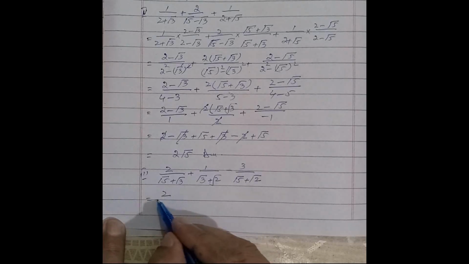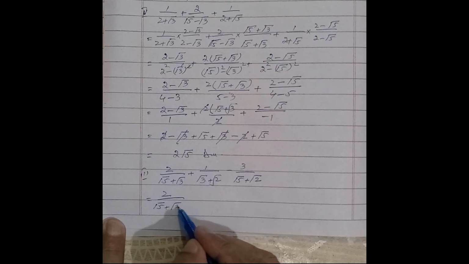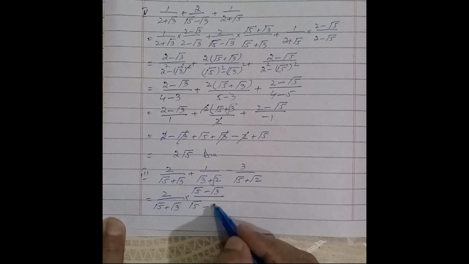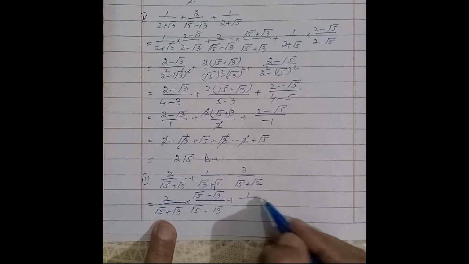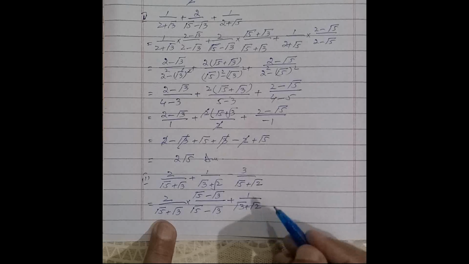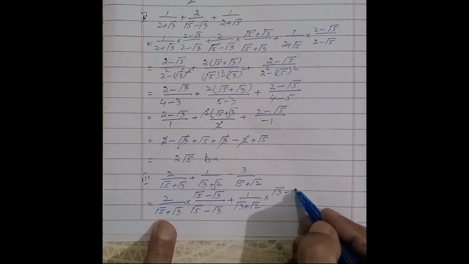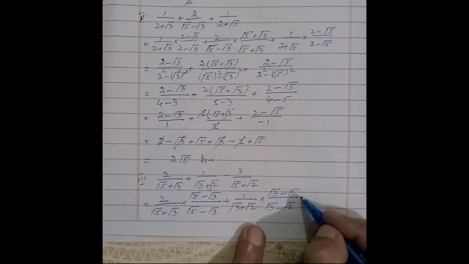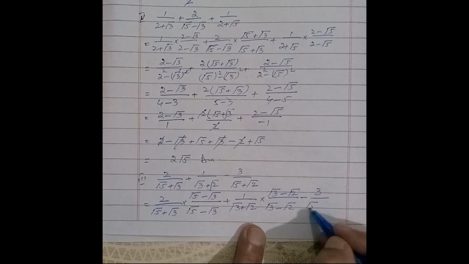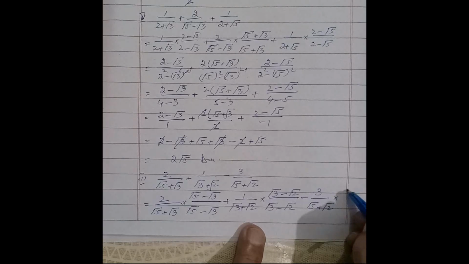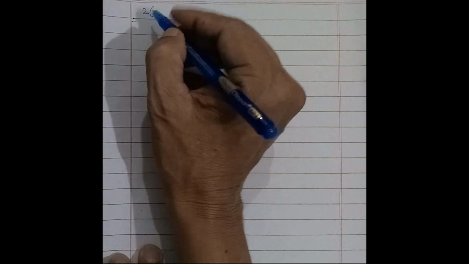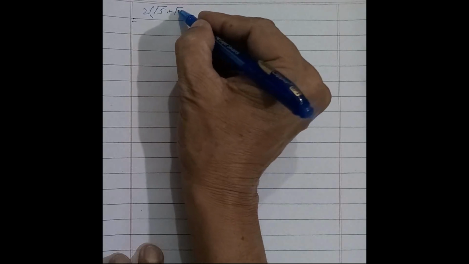which is 2 over square root 5 plus square root 3 multiplied by square root 5 minus square root 3 over square root 5 minus square root 3, plus 1 over square root 3 plus square root 2 multiplied by square root 3 minus square root 2 over square root 3 minus square root 2, and the next value is minus 3 over square root 5 plus square root 2, and it is multiplied by square root 5 minus square root 2 over square root 5 minus square root 2, in which